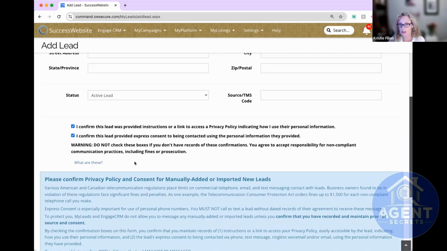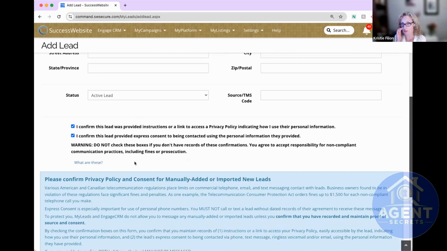This all has to do with consent and the different levels of consent that can exist. So when you have leads come in through your website, they are entering in through a form on your site.